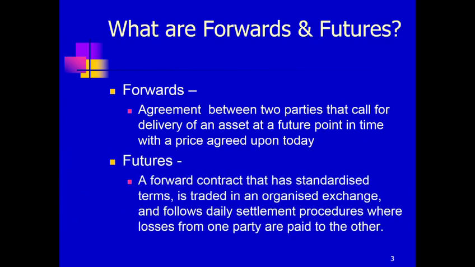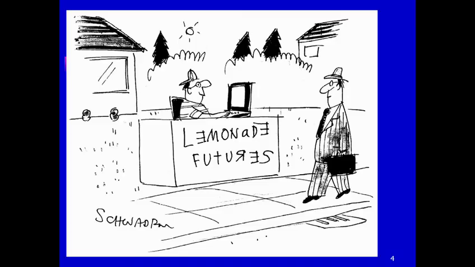Futures contracts specifically refer to forward contracts that are exchanged in an exchange, in a bourse. They are standardized, which basically means you can have multiple futures contracts which are identical to each other. So I can take 5 futures contracts on orange juice, for example, or wheat, and they're all basically identical to each other. With forward contracts, they're individual. They're quite unique because they're agreed upon by 2 individuals to meet their specific needs.